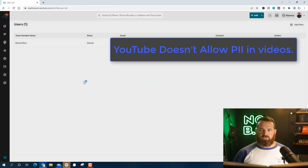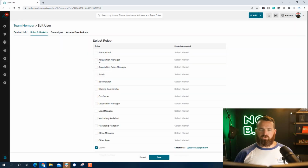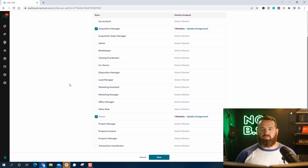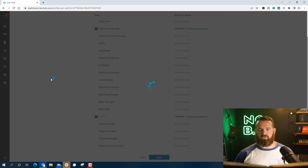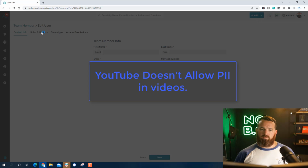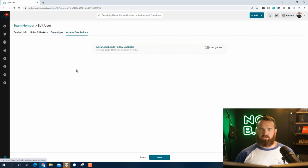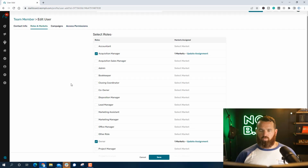So you can manage your users. So in here, you can go to edit if you have additional users. The roles, so you can choose, hey, now you're an acquisitions manager, and then my name is what would pop up as, when I send that text. So we'll save that just so that actually happens. And then in there, you've got campaigns, so you can give them access to different campaigns. You can give them access to different permissions, so all kinds of different stuff, roles,